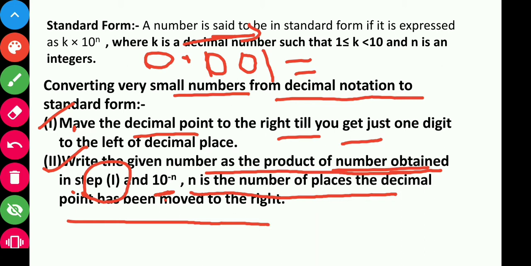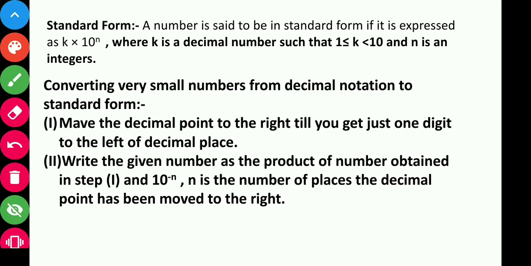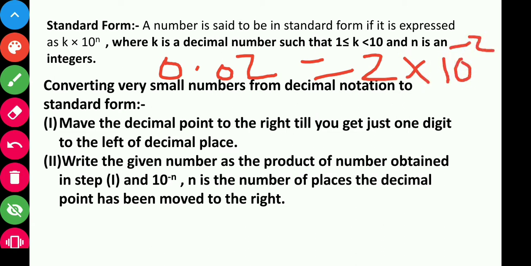So here we have to move this decimal point. How many places do you have to move? You have to move this decimal till you get one number left of the decimal, so you have to write 1.0. To get 1.0, how many places is the decimal moved? It is moved 1, 2, 3, so 3 places. So you have to write 1 into 10 to the power minus 3. I hope it is clear. Take another example. If 0.02 is given, you move the decimal and get 2 into 10 to the power minus 2. Understand? I hope it is clear.